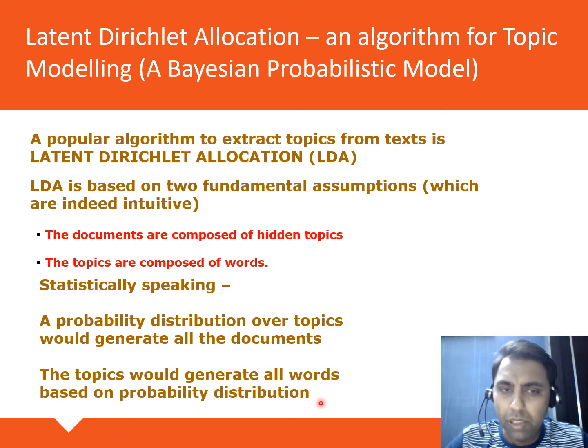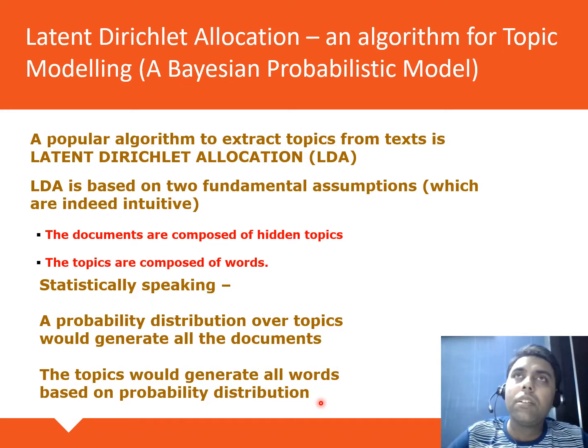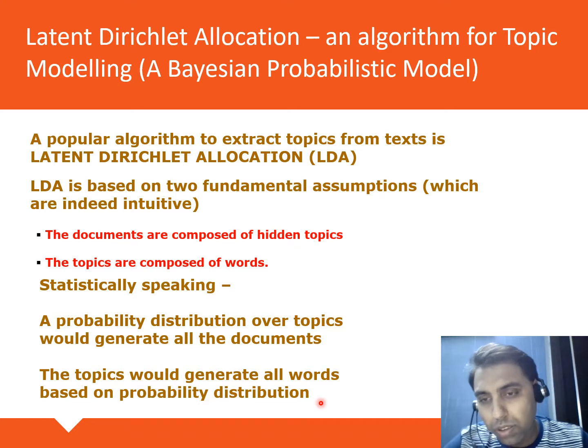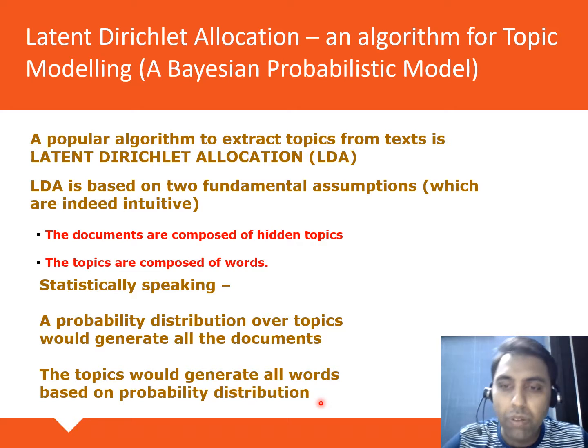So that's one way of statistically formulating the problem as far as the topics and the documents are concerned. And then similarly, as I was saying previously as well, topics will have words within them, so you can also assume a probability distribution of all the words over a given topic. So you can make statements like, what is the probability that a given word will be present in a given